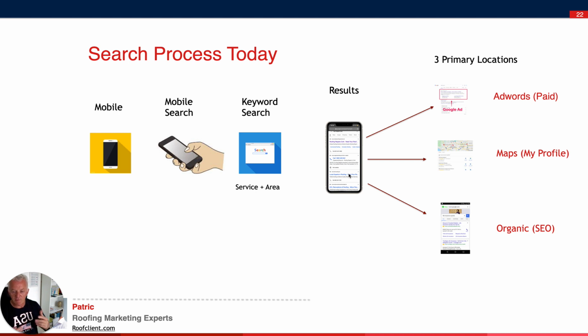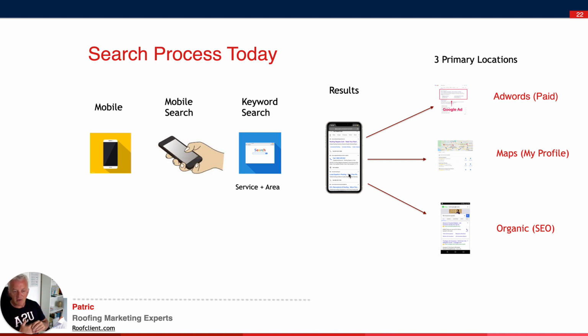So if you put in roof repairs plus your local city, whether you're in Dublin or Liverpool or Bristol or wherever you are, see what's coming up for you. Look at who's listing on the ads. There are 3 ads at the top, and depending on the quality scores and where they're ranked, you can place your ad there. If you pay Google, they'll put you there, and if the ad is any halfway decent, they'll put you there round the clock. As long as you keep paying them, you can pop up there. So that would be area 1 as priority.